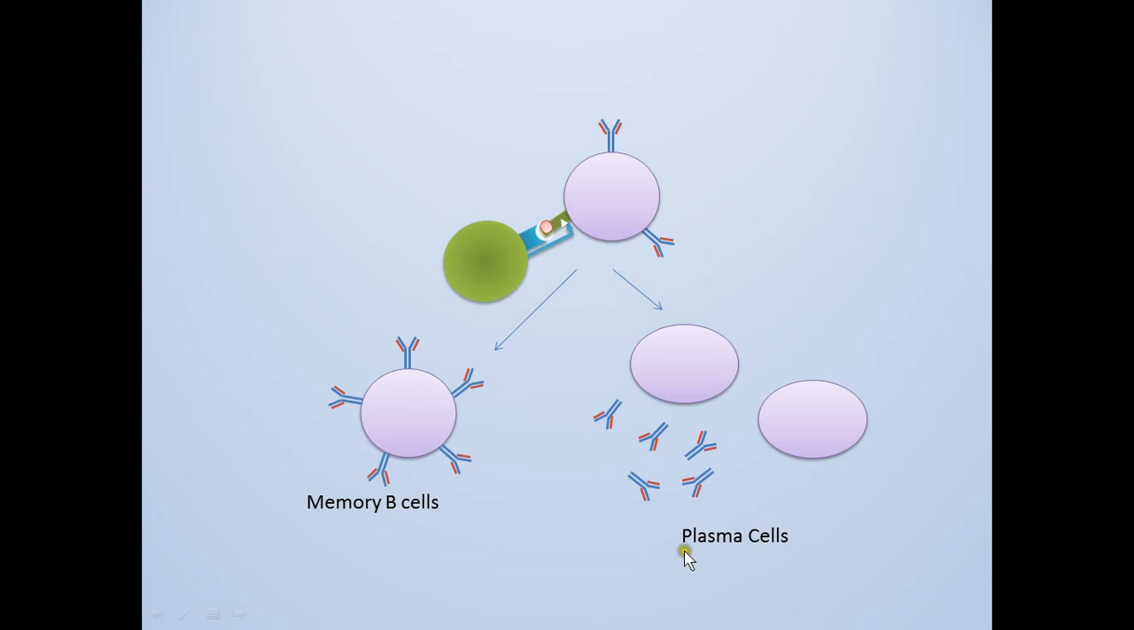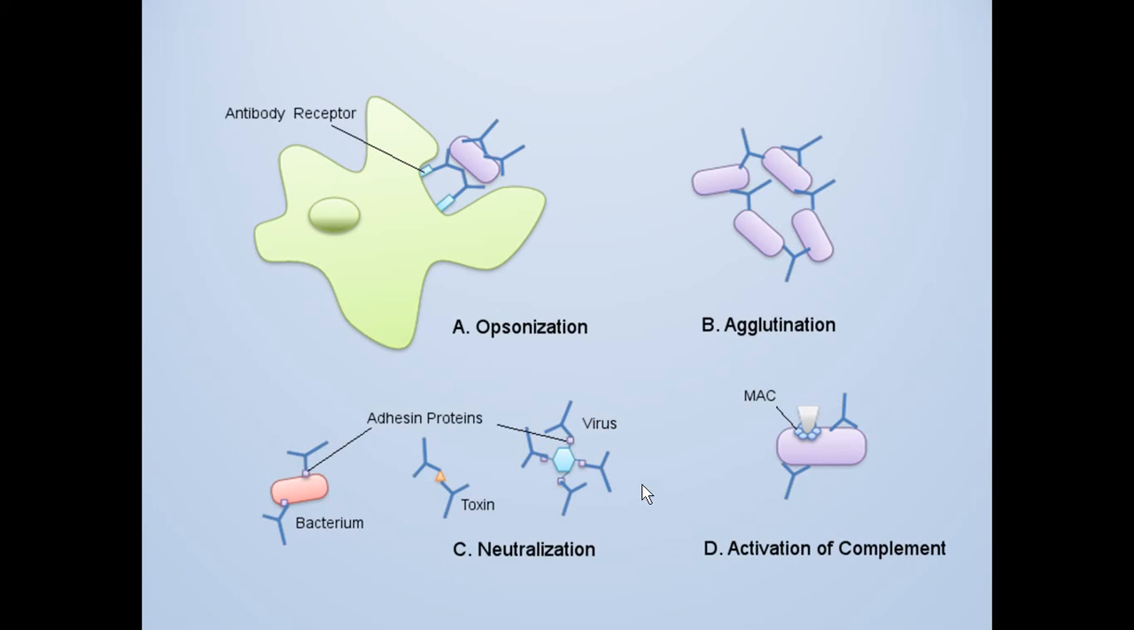The plasma cells will actively secrete antibodies. These antibodies are used to help clear the pathogen. Antibodies do this by binding to the antigen and tagging it for opsonization by phagocytes, or neutralizing it from binding